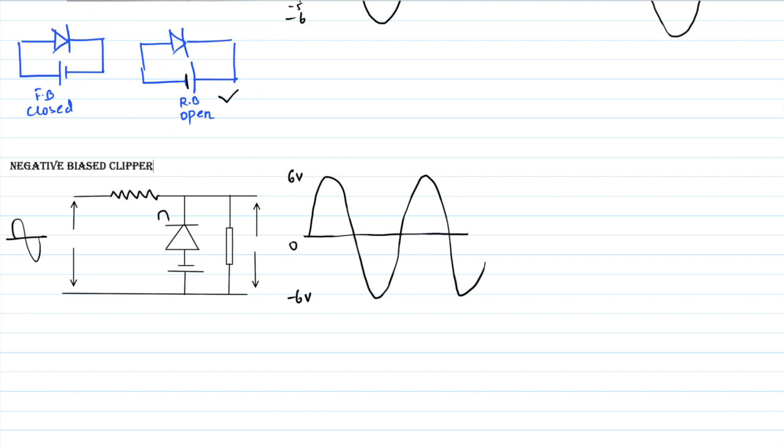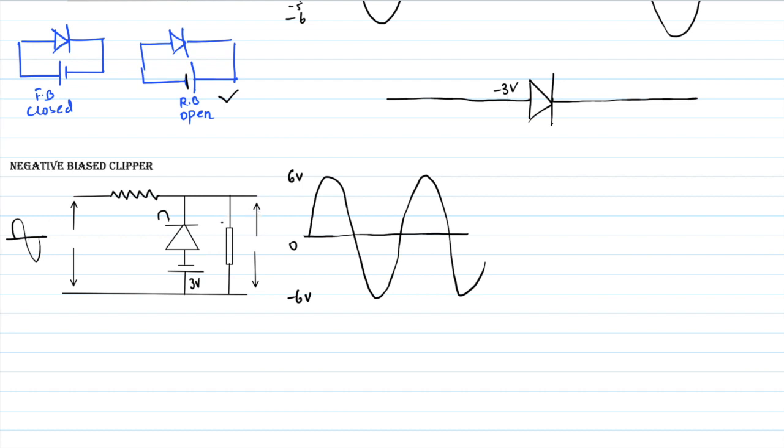The voltage source is 3 volts. Since minus is connected to the anode, minus 3 volts is being supplied to the anode. So here, if you see, the anode's voltage is constant, that is minus 3 volts. The cathode's voltage will be varying because the cathode terminal is connected to the input. First, we will consider the positive half cycle: 0, 1, 2, 3, 4, 5, 6.